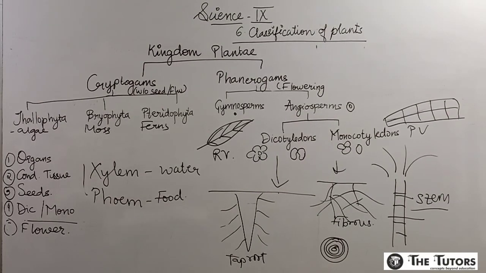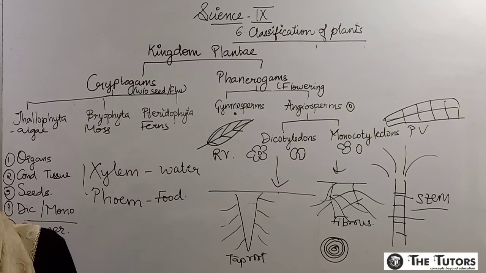Then next is Pteridophyta. Pteridophyta is a well developed plant having stem, roots and leaves, and it does not have any flowers. They reproduce in both ways, sexual and asexual. In the sexual way they reproduce through zygote formation, and in the asexual way through spore formation. Examples given in your book are Nephrolepis, Marsilea, etc. Then we have come to